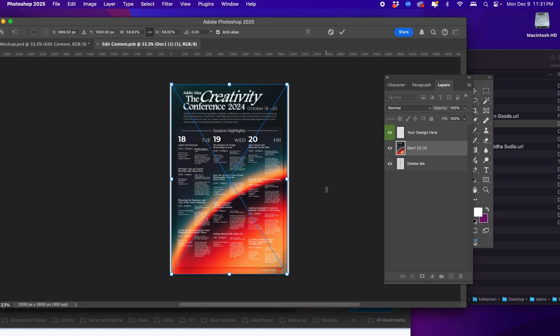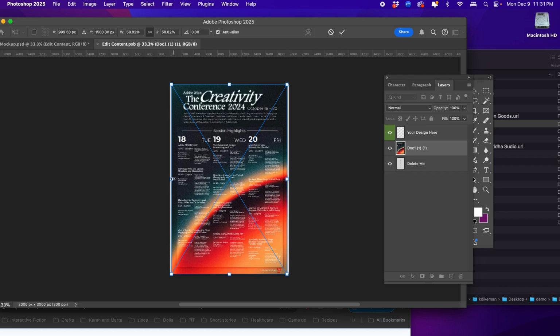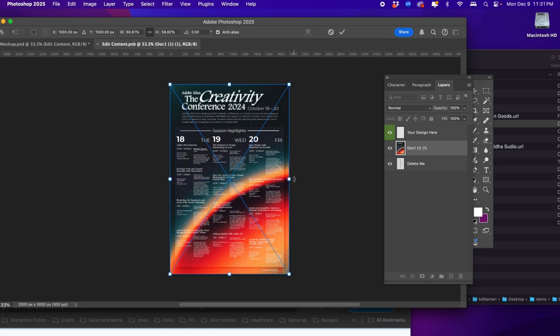Now, if your poster has a lot of, I'm going to pull this. And I'm going to do something non-intuitive. I'm going to put my finger on the Shift key. Because in Photoshop, putting your finger on the Shift key does the opposite of what it does in Illustrator and InDesign. It non-proportionally scales things. And I just want to cheat it out this tiny little bit because my poster is the tiniest bit taller